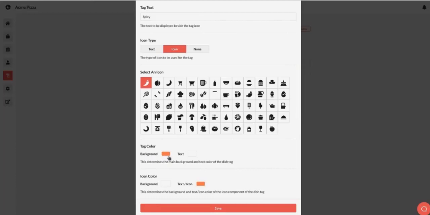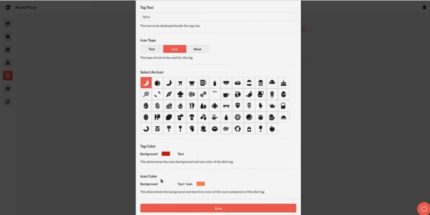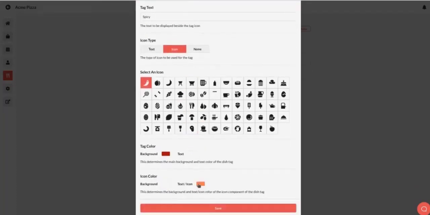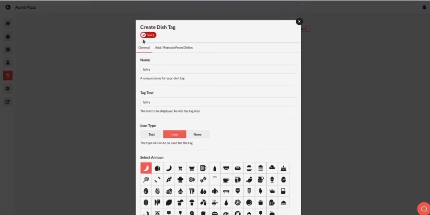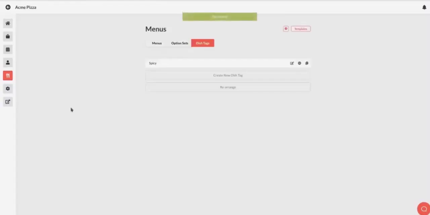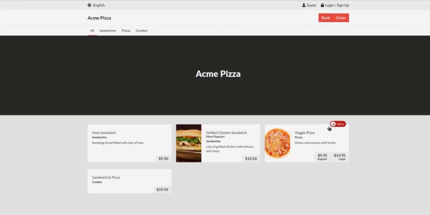So we'll select the tag background color, give it a nice deep dark red, and the icon color, which, as you can see, the icon is currently still orange. We'll also give it the same deep dark red roughly, and we've got a pretty nice tag over there. Next we'll add it to a dish. We can go add and remove from dishes, click that, and we'll add it to our veggie pizza and press save. Then if we go to our online store, we can have a look and see that the nice spicy